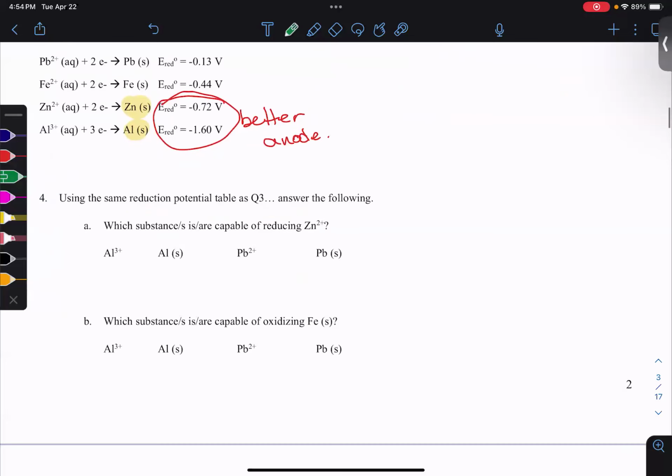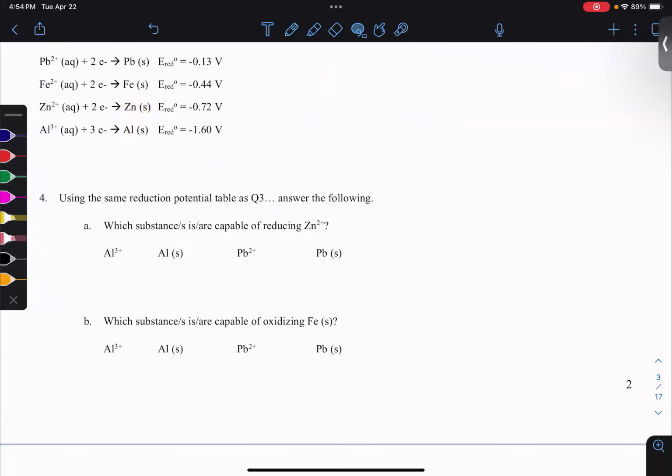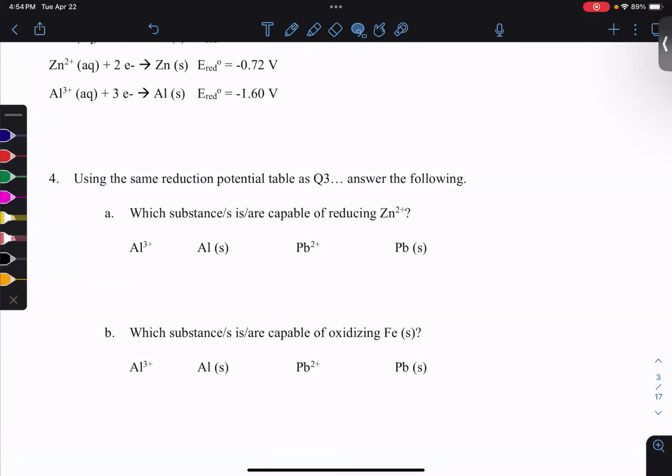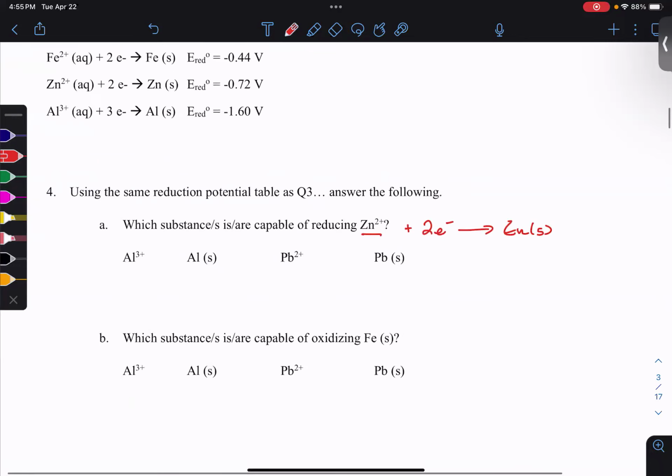Cool. So using this same table, let's answer these questions. Let me just delete that real quick. Which substances are capable of reducing zinc 2+? So let's think about zinc 2+ and reduction. When zinc 2+ is reduced, it gains 2 electrons and makes zinc solid. So if we're reducing zinc,